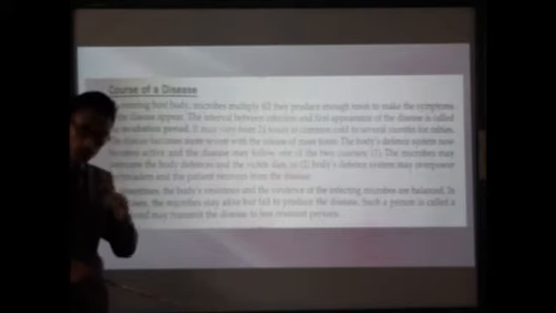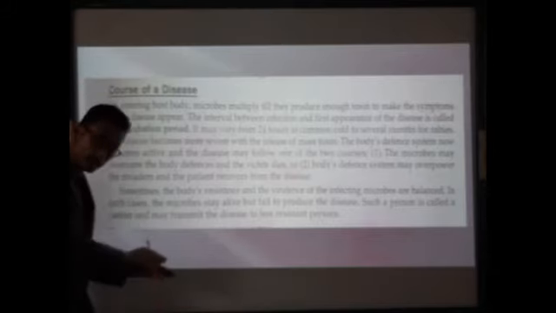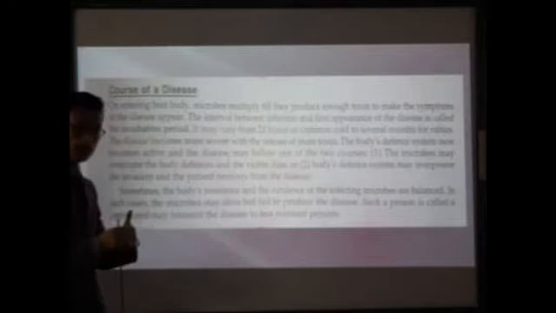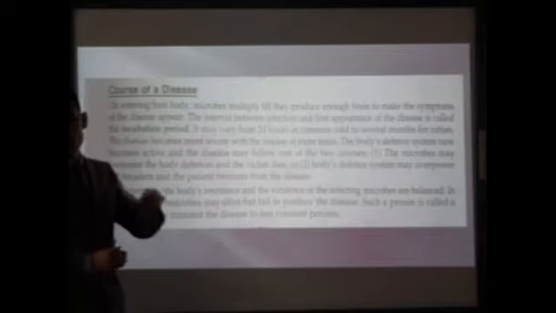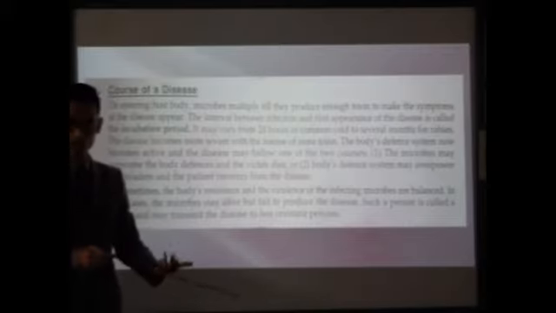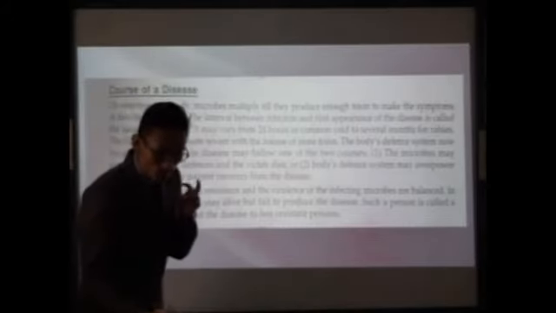Clear? That means our immune systems will work against the pathogens. So over here, our body immune system is above the pathogens. They are not letting the pathogens overcome it. In this case, the body system may overcome the pathogens and the patient usually recovers. So here you can see the two courses of disease.